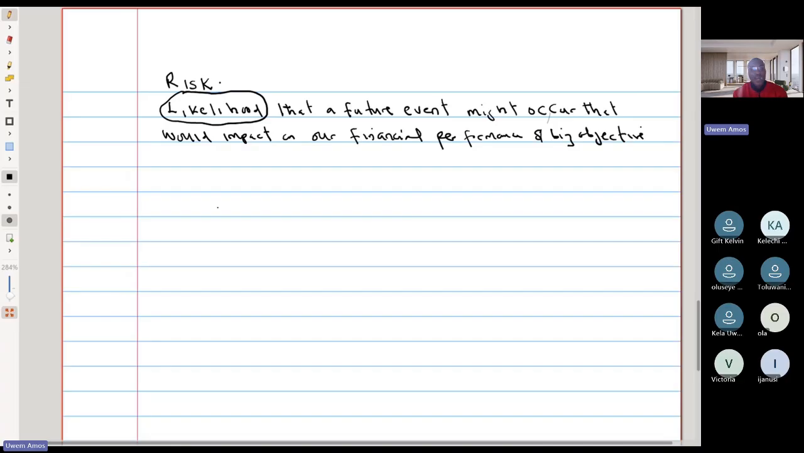And these are the two focus. Our practice today is on interest rate risk management. So why is interest rate risk management important? Quickly, why is it important? It is because